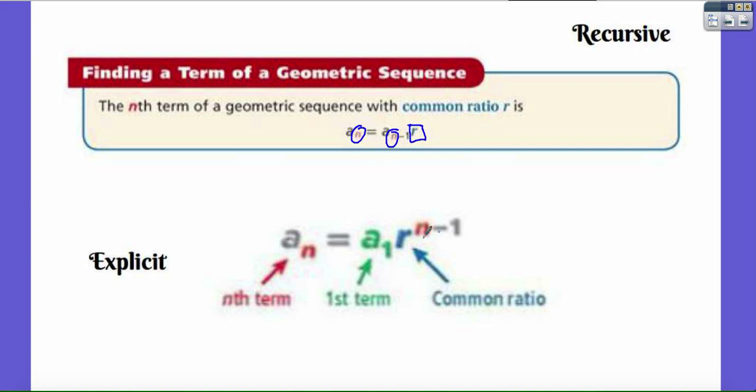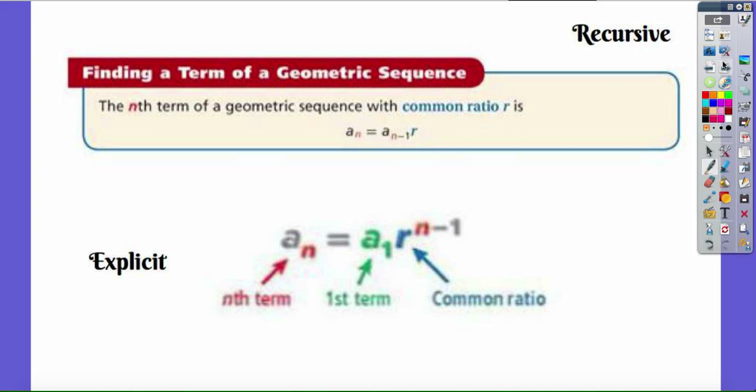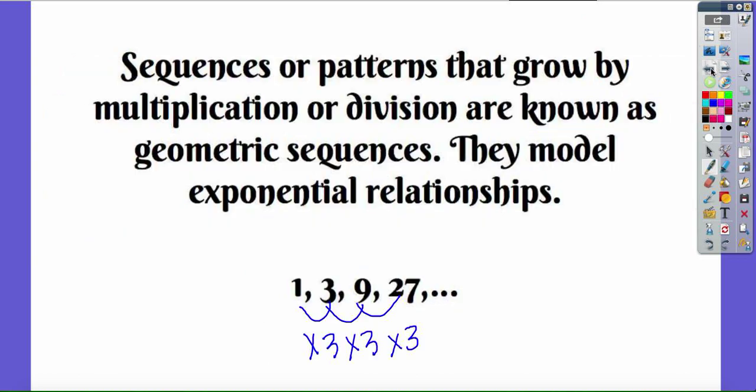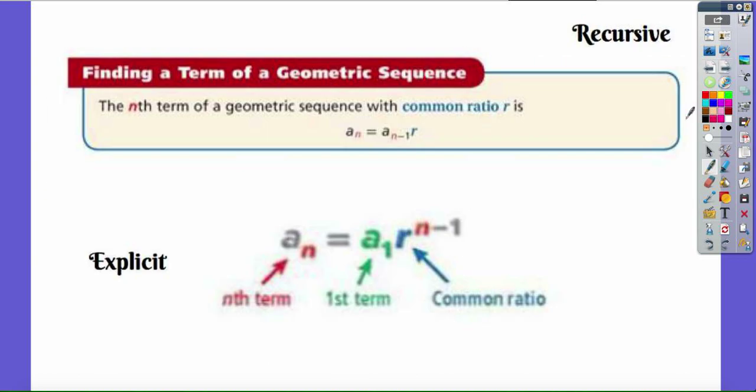Same thing in the explicit formula. The n's represent the term number. A sub 1, just like last time, represents the first number in the sequence, and r represents the common ratio or the pattern. So, if we were to use this sequence, 1, 3, 9, 27,